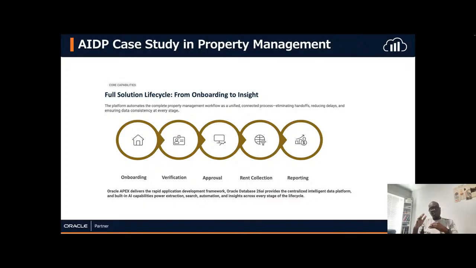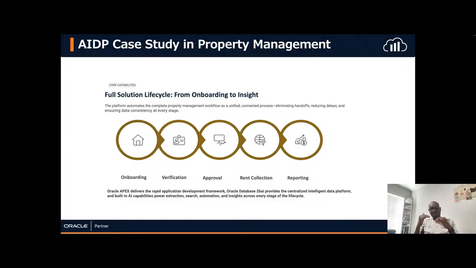The platform automated the complete property management workflow, to make sure there's unification and connected processes, to eliminate handoffs, reduce delays, and keep the data consistent at every stage: from onboarding to verification, when tenants are verified, the approval process, rent collection, to reporting.